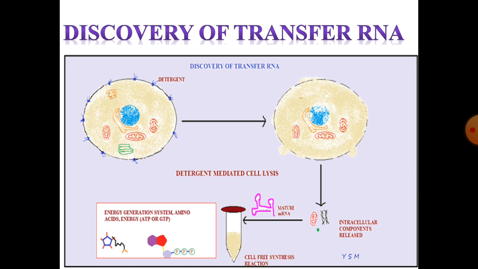Transfer RNA was first discovered using a cell-free medium wherein all the nutrients required are provided, with the addition of mature RNA. As you can see in the diagram, the cell was subjected to lysis by detergent. Later, the cellular contents are transferred into a medium with the mature mRNA. The mature mRNA is formed by the process called splicing after transcription, which will be dealt with in detail in later sessions. These were added into a cell-free lysate medium, wherein the formation of peptide bond mediated by transfer RNA